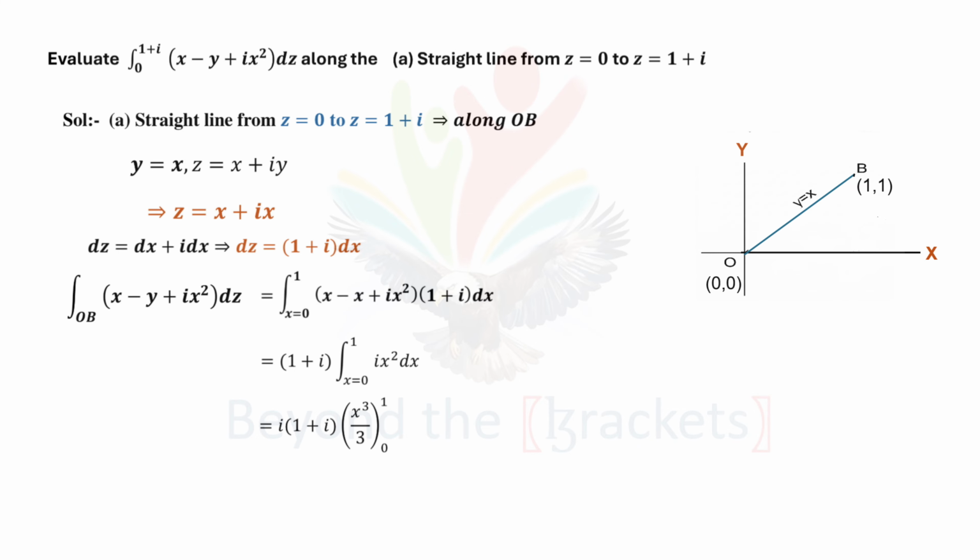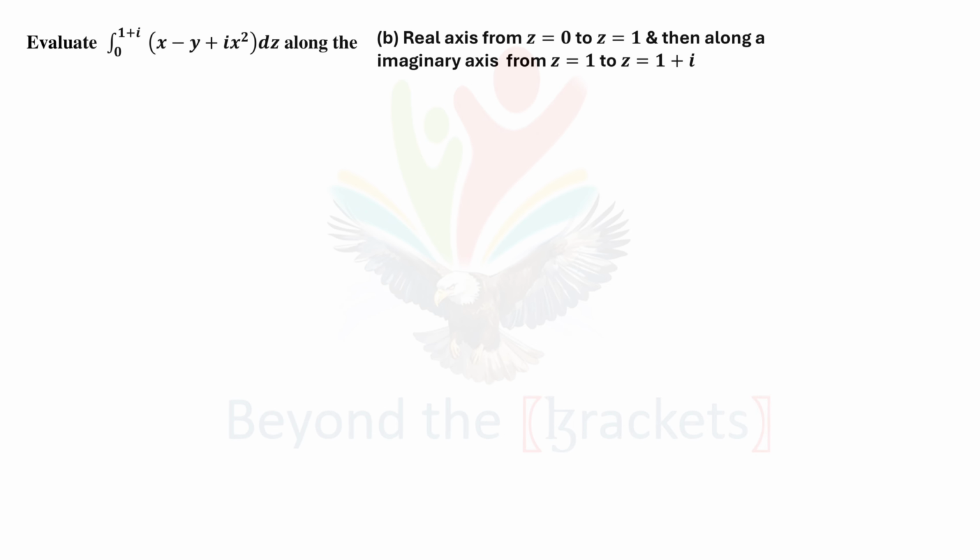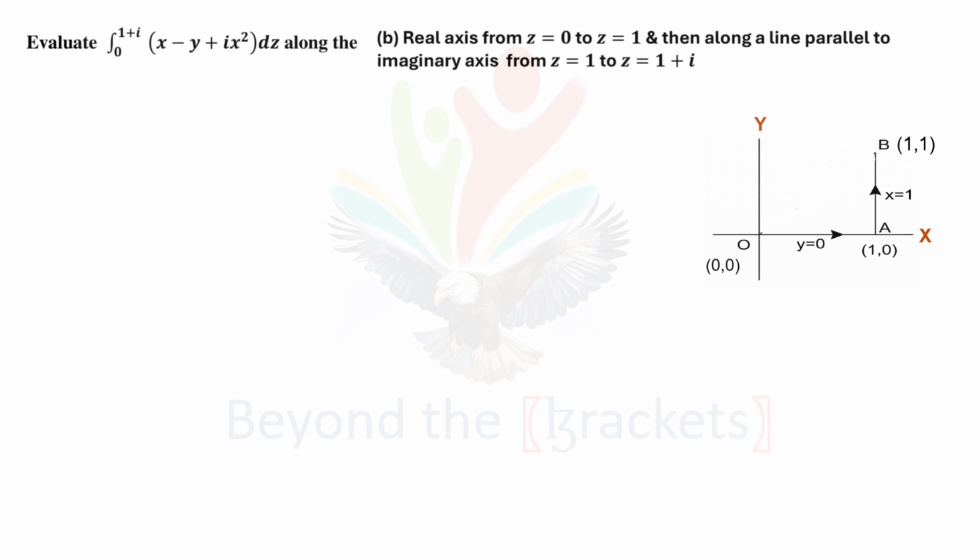Substituting upper limit minus lower limit, upper limit is 1 and lower limit is 0, we get 1 minus i by 3. Evaluating the same integral along two different paths, let's first understand the paths geometrically. Here it says real axis from z = 0, that means the origin, to z = 1, that means the point A (1, 0), and then a line parallel from z = 1, that is from (1, 0) to the point z = 1 + i, that is point B